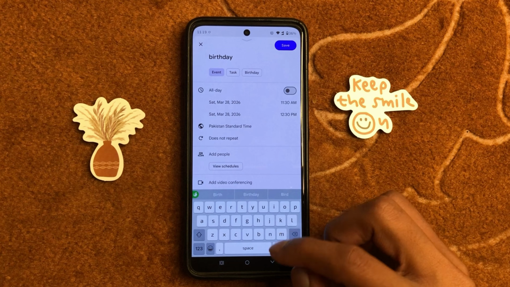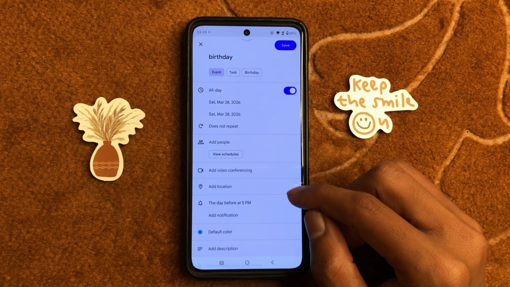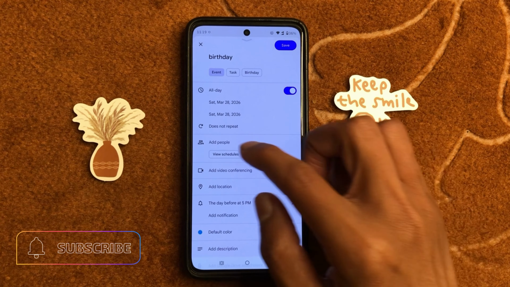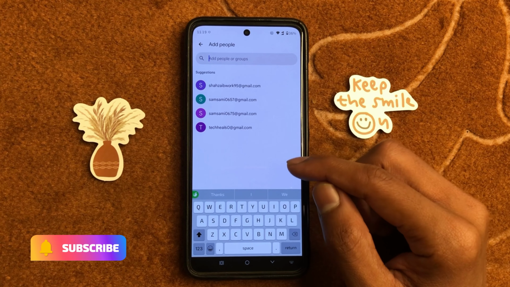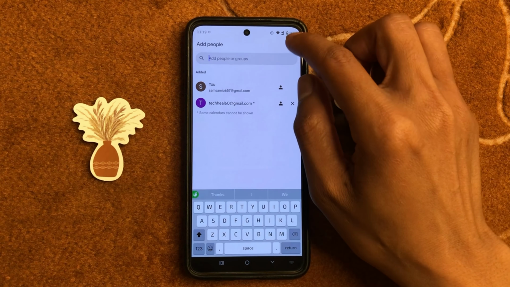after entering the event name, turn on this button, scroll down, and if you want to add people, then click on add people and select people that you want to add. Click on done,